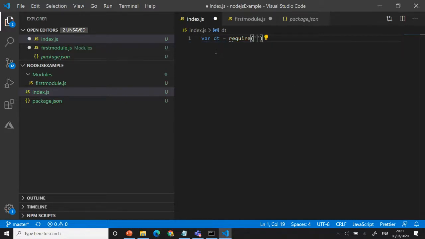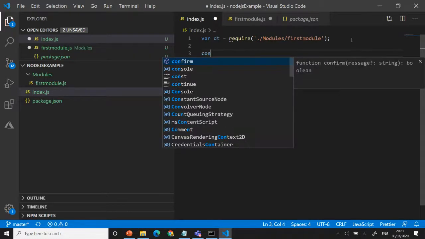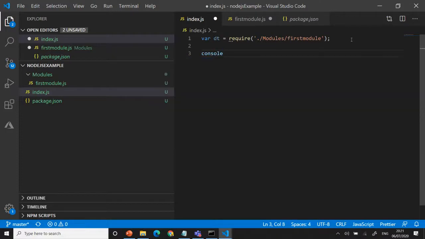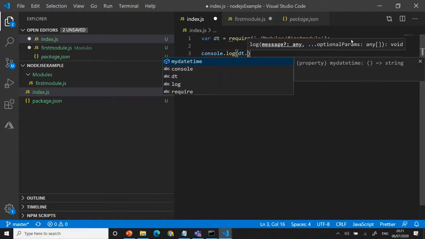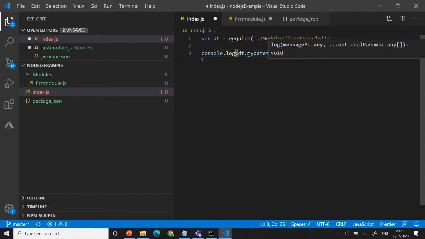Then I mention my modules folder slash, and here in Node I can use first module.js or first module, whatever it is, it supports. Whenever I want to access this file and get the value, I just use console.log, dt.myDateTime, right?